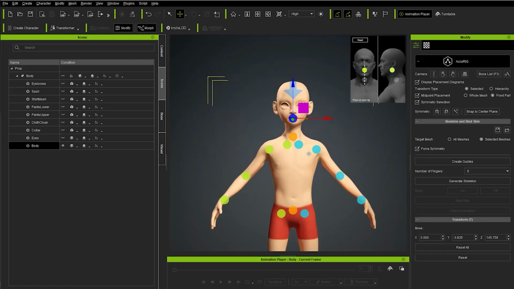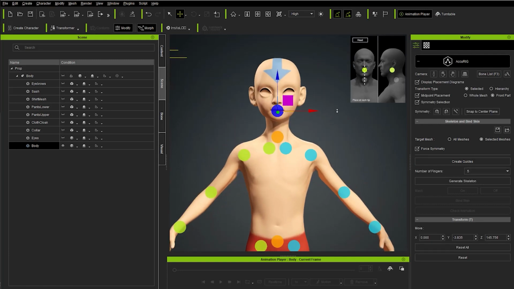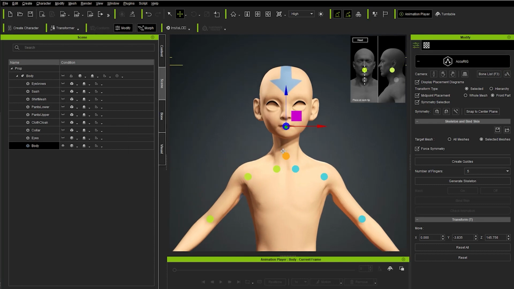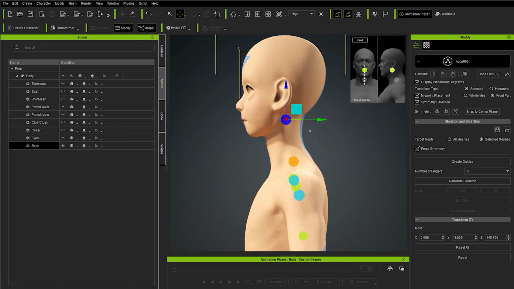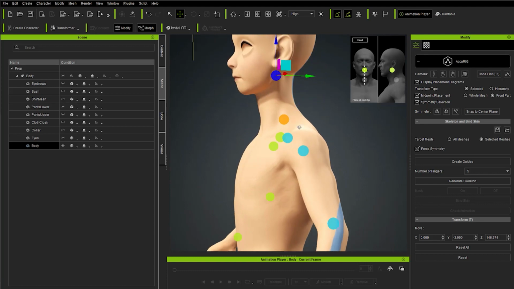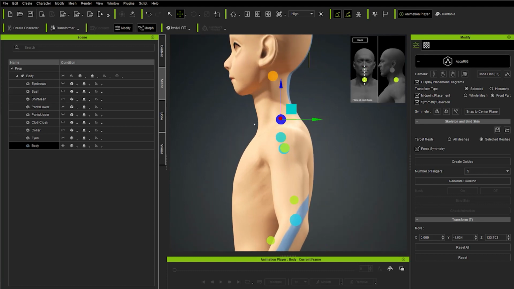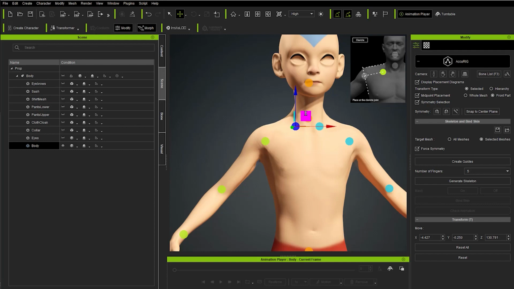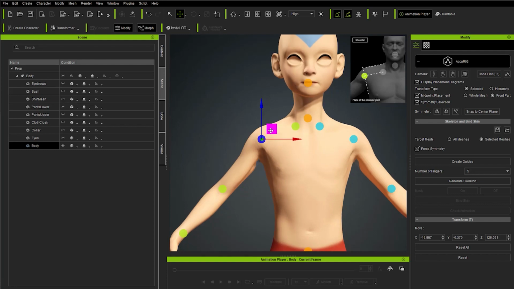And now we're going to position our guides. Using this diagram, we're going to move these around. I'm going to click this Gizmo Display button and drop the gizmo sizes down. Then, using this diagram, we're going to place this one right at the base of the skull here. This one will go right at the base of the neck. We're going to follow the sweep of the neck down to position our collarbone. So we'll put that right here, and then that's going to shoot over to our shoulder here. We're going to move that up. And again, the parallel line from the traps and then the chest will kind of tell us where to position